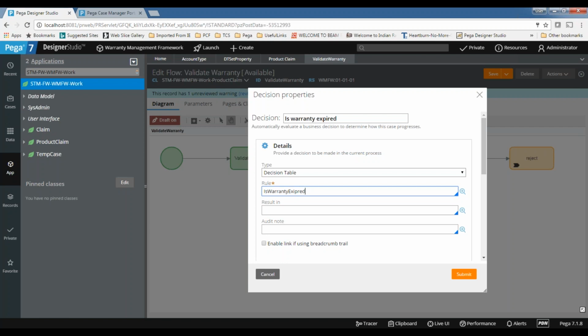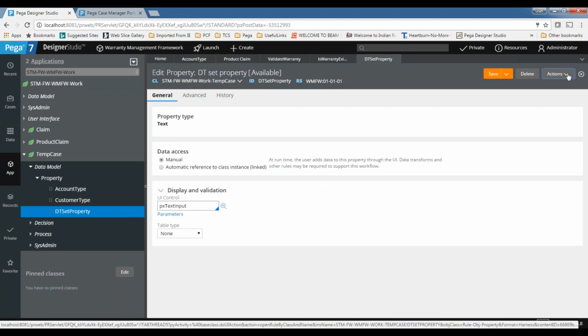And then I want to set one property. Let me create one property here. DT set, all of the properties there in the temp. I will save it to the work layer. Why do we require a property? Just to store the values.